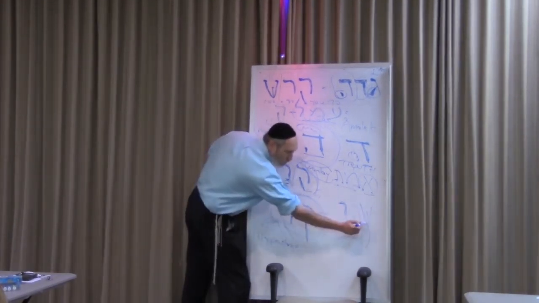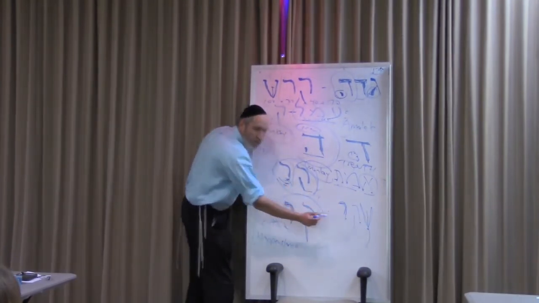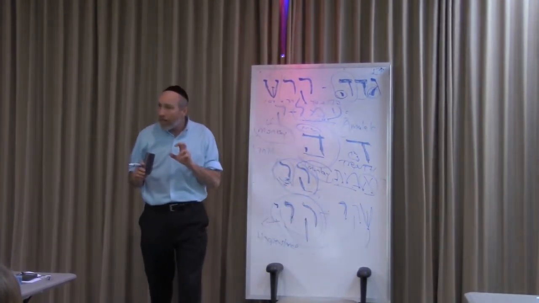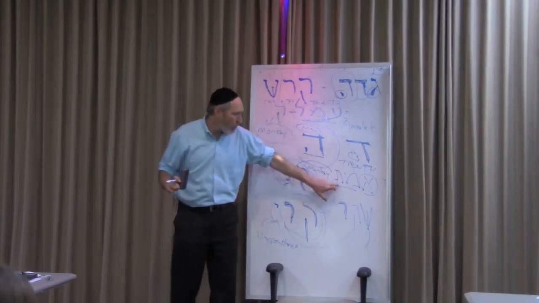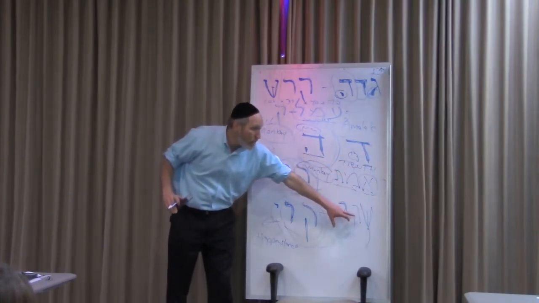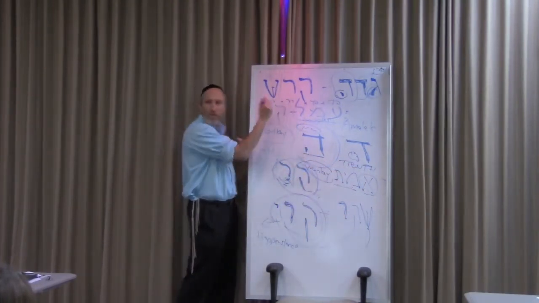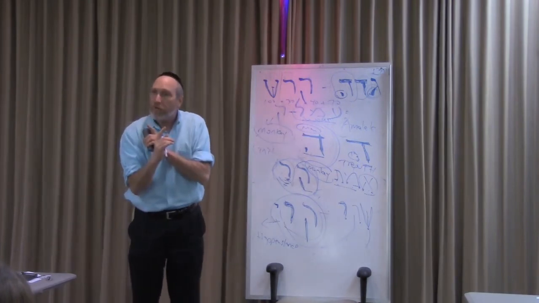The shin in the Torah is written with a point. 1 leg, 1 leg, 1 leg. Because lies stand on 1 leg. They're not sturdy. Truth is stable. Truth is far apart. There's only one truth. Lies are many. They're so close together. There's so many possible lies, but they're just a little bit out of order.